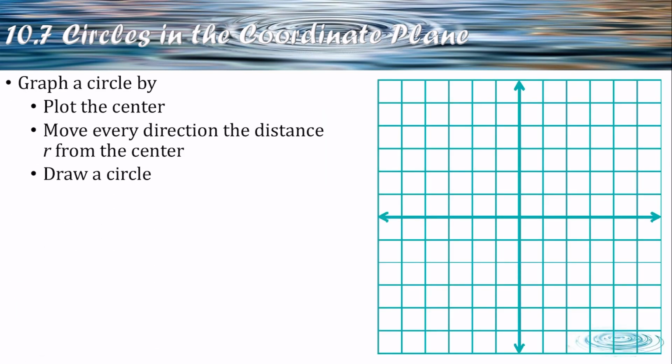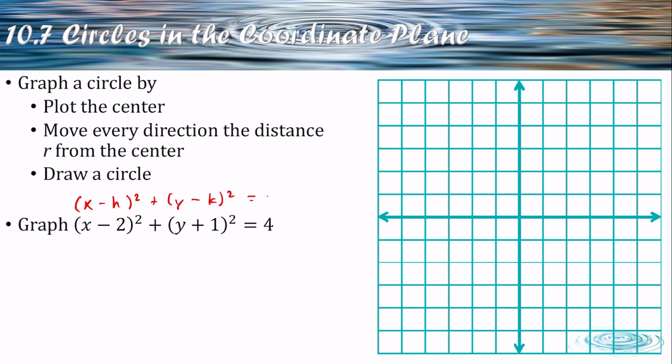To graph a circle, start by plotting the center, moving in every direction from the center, r, then draw the best circle that you can. So let's graph this. If we compare it to (x - h)² + (y - k)² = r², we can compare and we can see